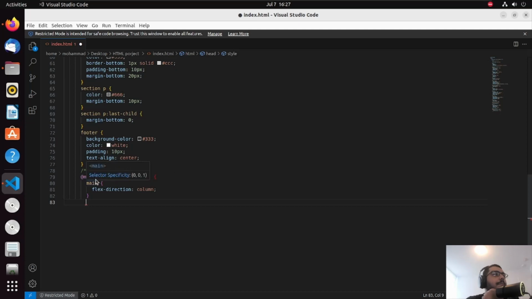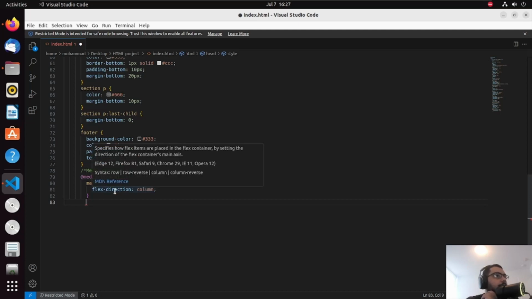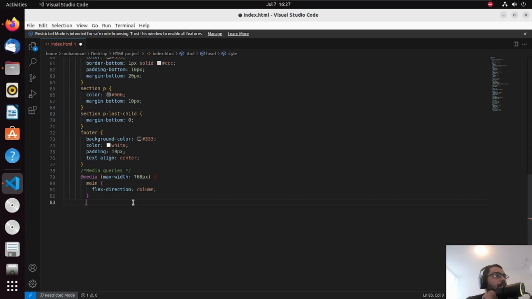Oh, we said media max width 760px with bracket open. We said media main, and then we said footer. Oh, we forgot the section part. Okay, so we're gonna say section